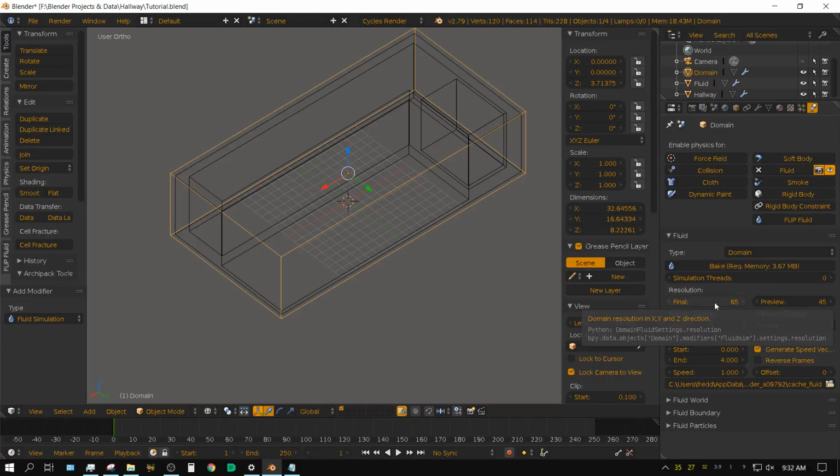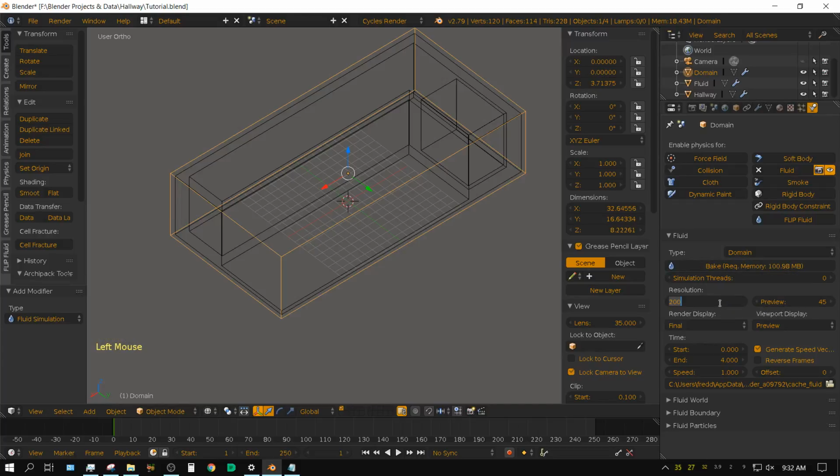Now if I was to take this up to 100, it takes 13 megabytes worth of memory. If I take it up to 200, conventional wisdom might make you think that it would take about 26 megabytes, but no. It jumps up to 100.